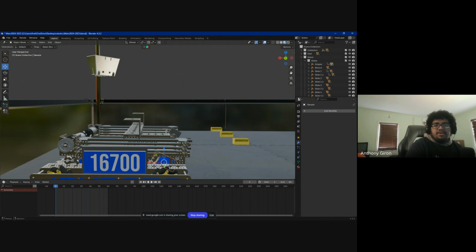Right. If you can download your CAD files from your Blender, from wherever you CAD it on, like Onshape,